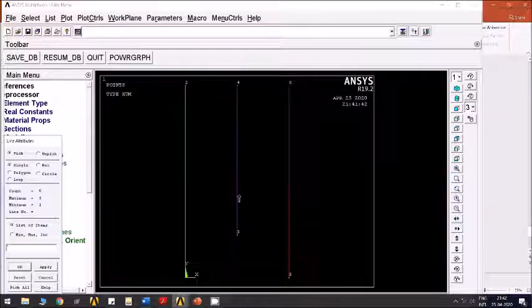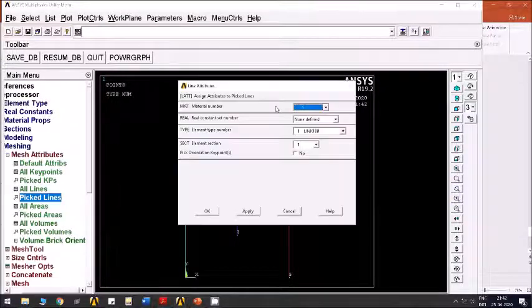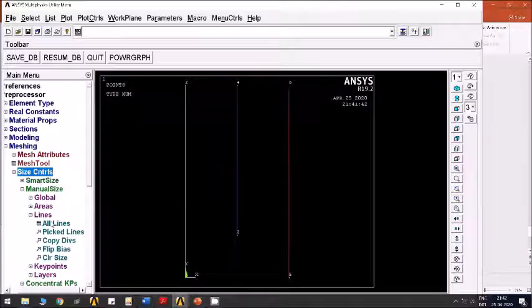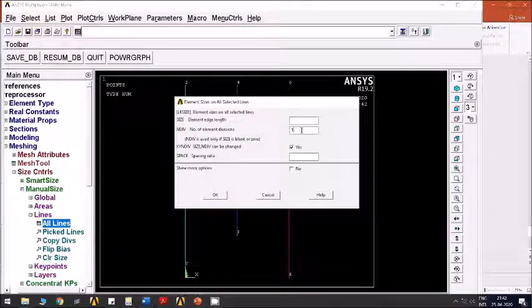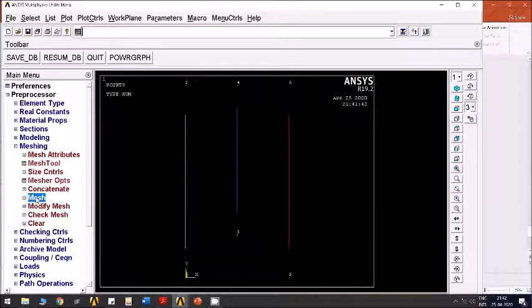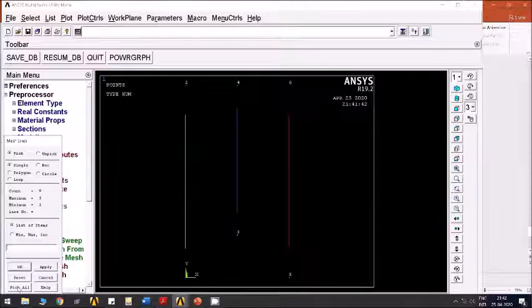Click apply. Second middle line you select. Change the material model to 2, but the cross section you keep it as same because this is also of the same cross section. Next, mesh. You can divide, you can have one element for each line, that is sufficient. And mesh lines, pick all.